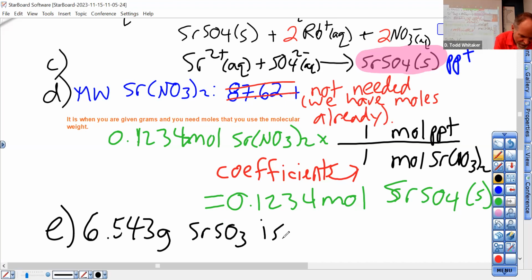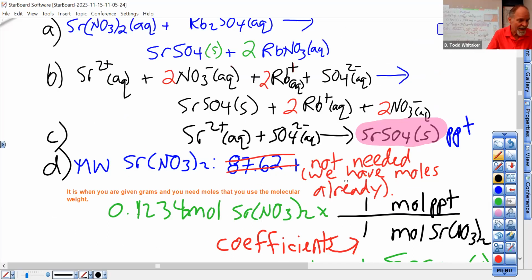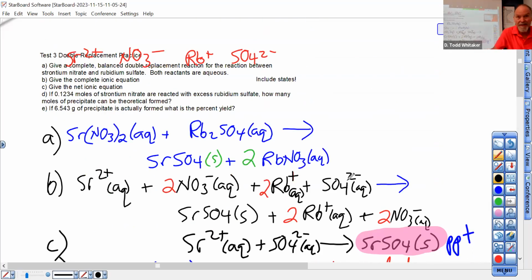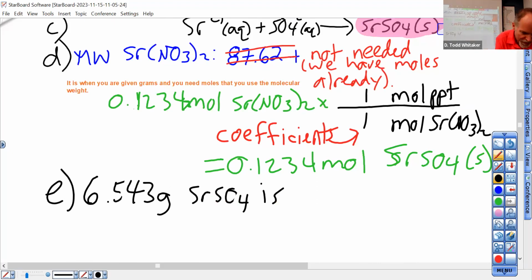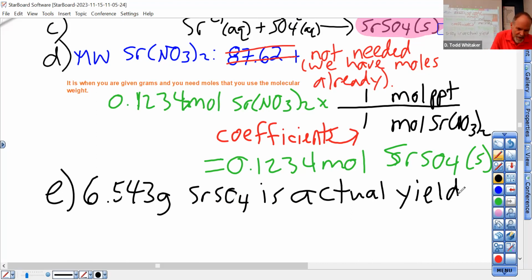SO4 is the blank yield. Give me the right blank. Look at the words in part E, please. It's going to be there. If you think part E is giving you the theoretical yield, you're not reading. Actual and theoretical are different things. So actual yield is what we're working on right now. Actual yield. And the theoretical yield is